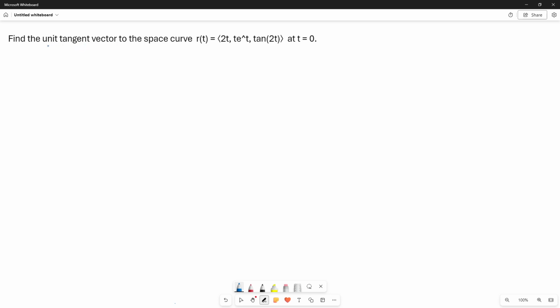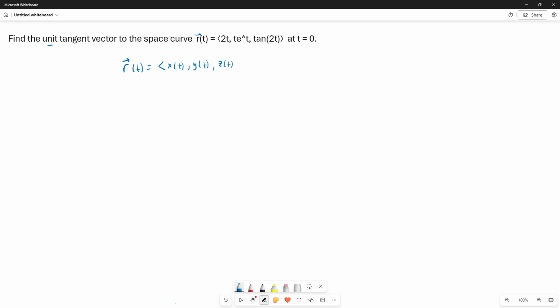Find the unit tangent vector to the space curve r of t equals 2t, t e to the t, tan 2t at t equals 0. So if we have a space curve given by the vector valued function x of t, y of t, z